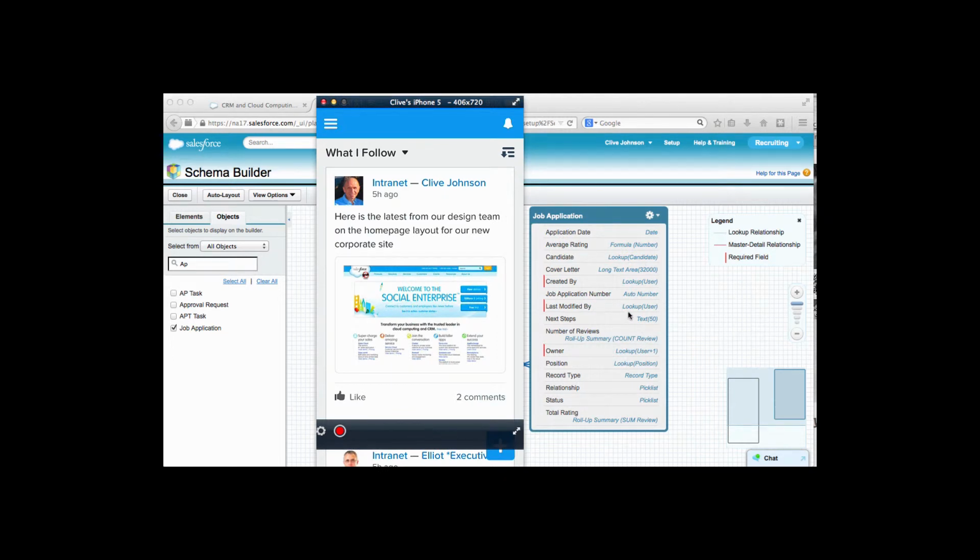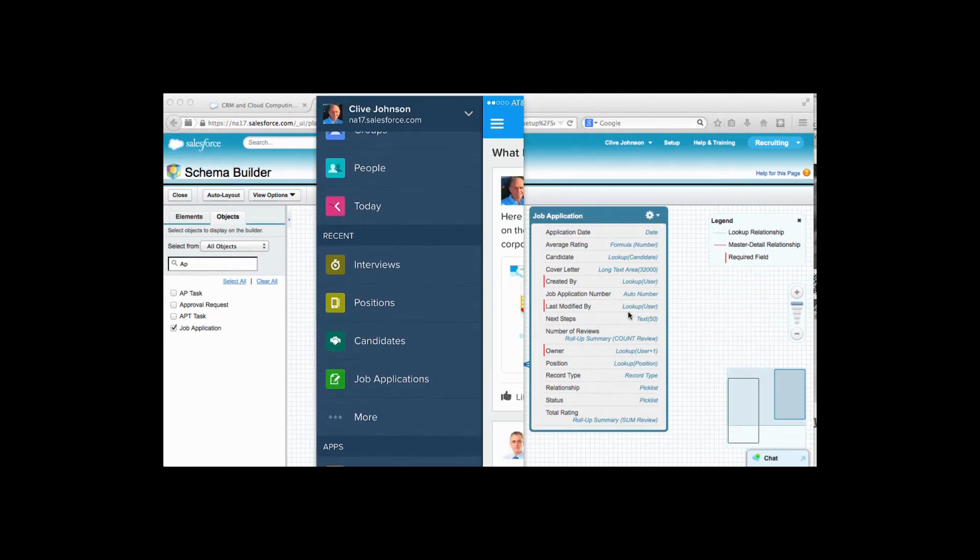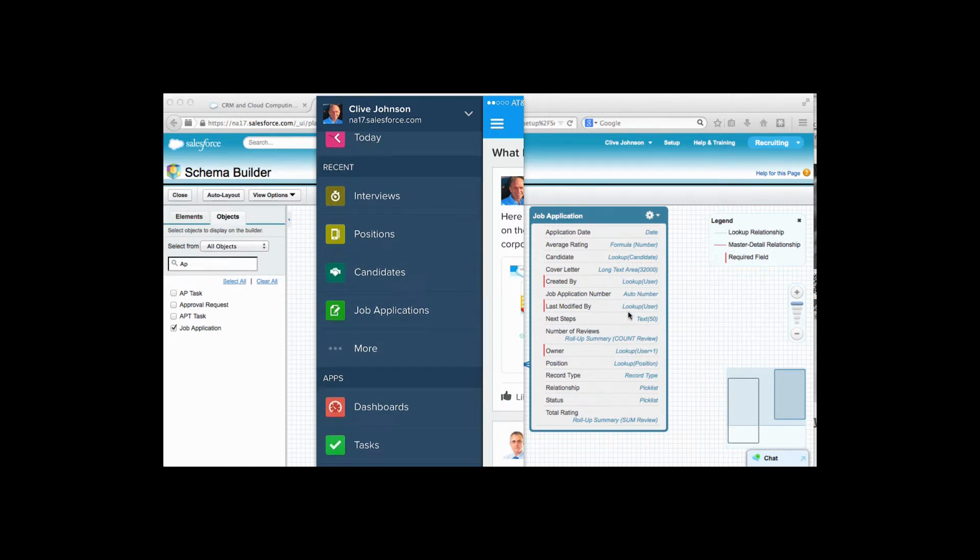So I've logged into my mobile device. I'm actually using an emulator here, so I can see it within my desktop area. I can come onto my mobile device, scroll around, see information, and if I hit the little menu button there, I can see recent areas, so I can see interviews and positions and candidates and